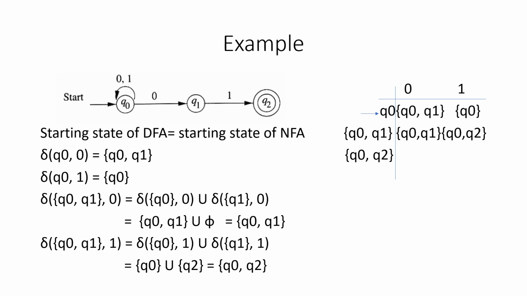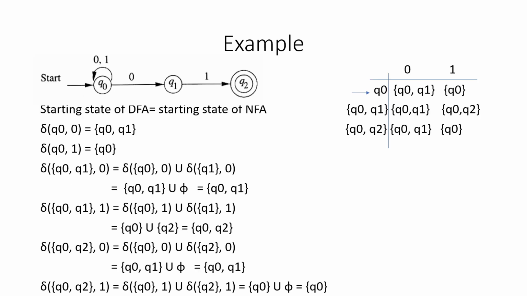After computing, we have to check the answer, whether there is any new state, and then iterate the process. When we observe the output for the state Q0, Q1, we find that there are two answers. For 0, we are getting Q0, Q1, for which we have already computed the transition functions. But for Q0, Q2, we yet have to compute the transition, right? So this becomes our new state and we have to complete the process. So Q0, Q2, 0, Q0, Q2, 1.